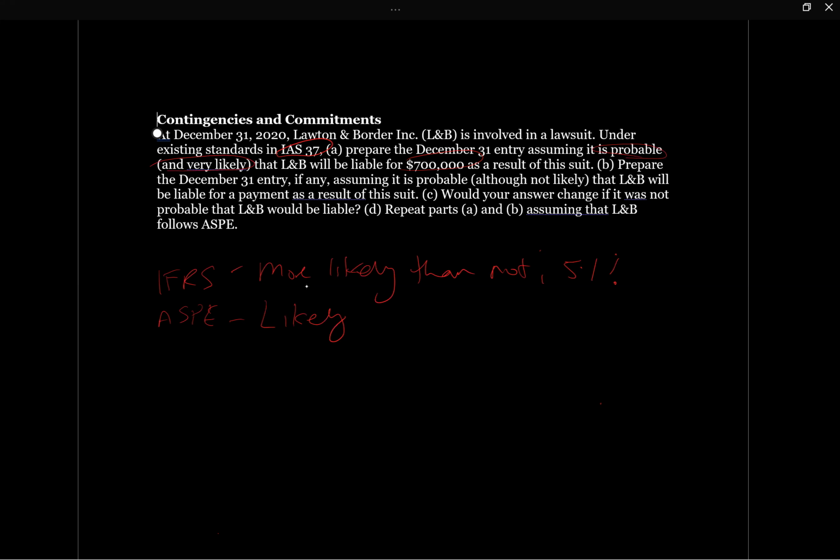Okay, so in this first instance, it says that it is probable and very likely. So we know it's probable, which is this one, and very likely. So under A, we're going to need to record a provision for the $700,000, which we're going to put debit litigation expense. So it goes through our income statement. So we're actually accruing the amount,